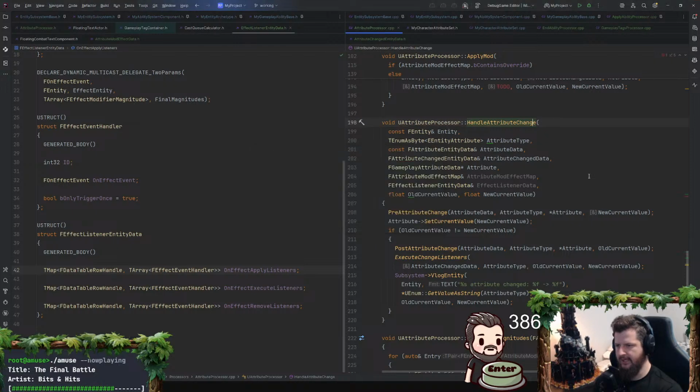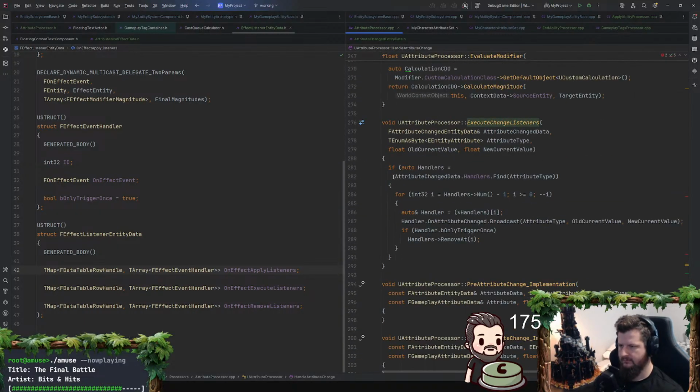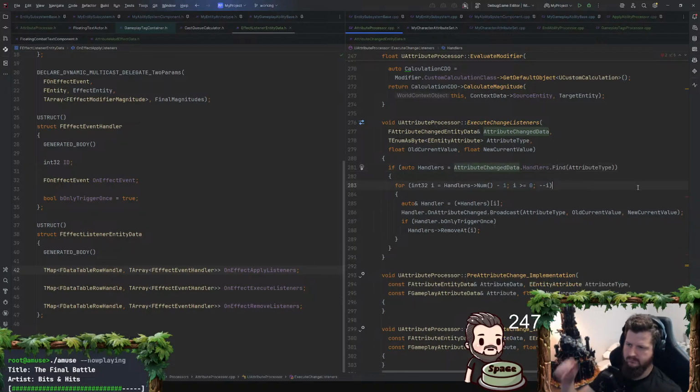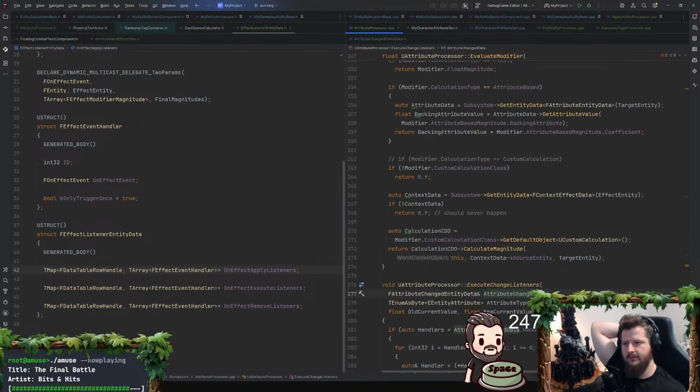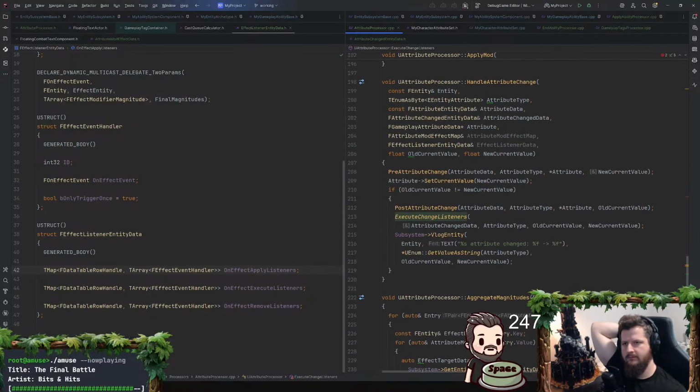Let's just assume we have that passed in. If they are not equal, we have execute change listeners. That is for, I guess, attributes and such. Execute change listeners.